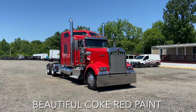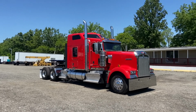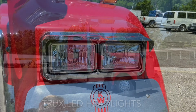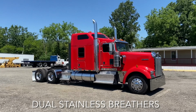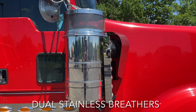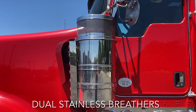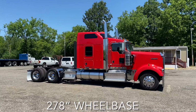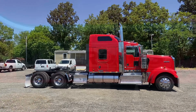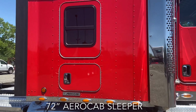Beautiful Coke red paint. LED headlights. Dual stainless breathers. 278-inch wheelbase, 72-inch AeroCab sleeper,